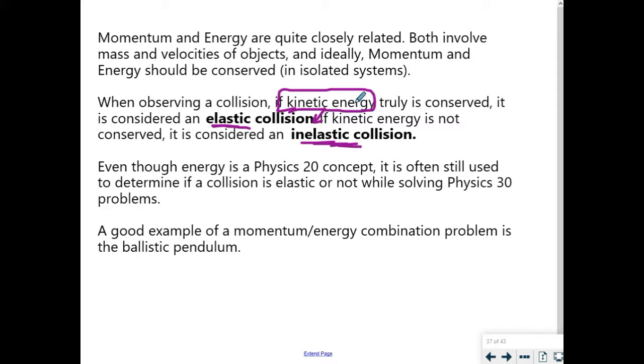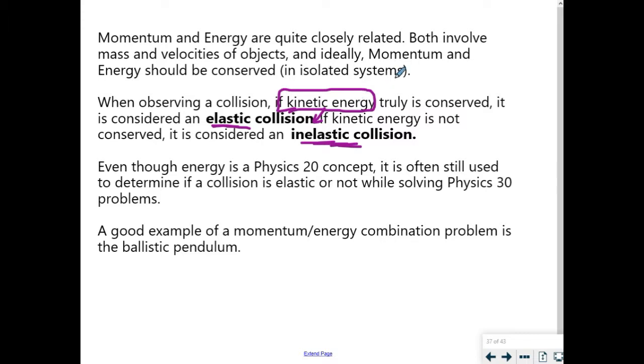Energy is always conserved. We can't really lose energy, right? It just transforms to different forms, right? But if your kinetic energy, the energy of your motion, stays constant, we consider that to be an elastic collision. What it really means is that the velocity you began with should hopefully fully carry through the collision. But is that probably going to be the case? Well, no, because you're going to lose energy due to sound and heat and light and work done to bend